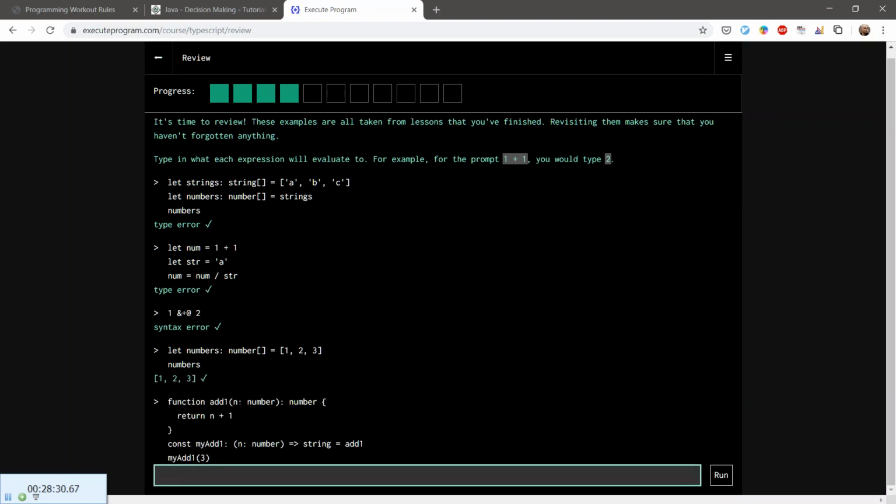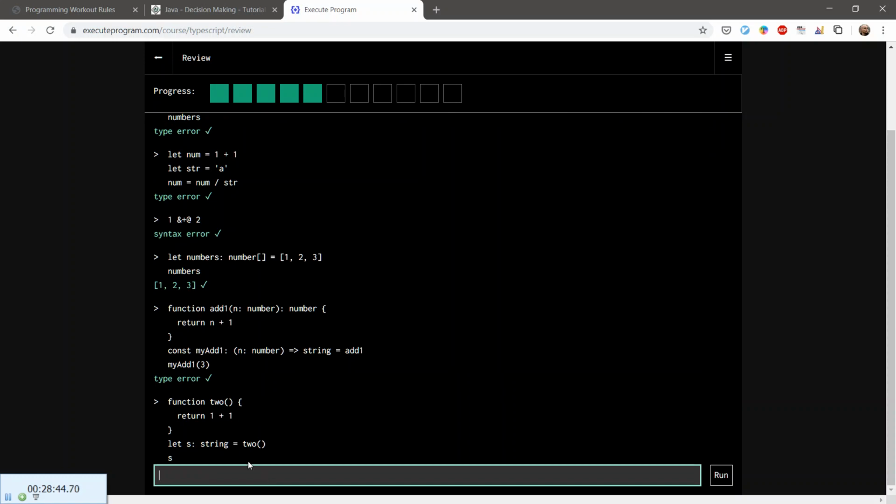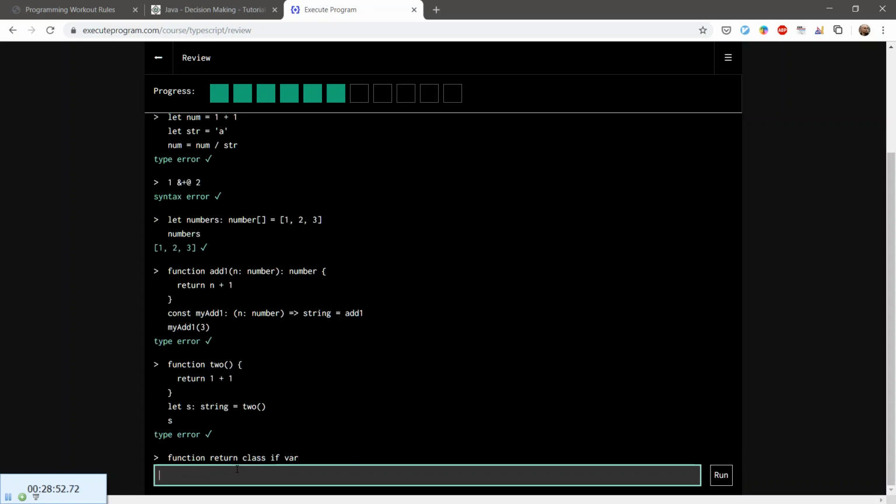Okay, function takes number, outputs number, returns this, my add number, output string, and we are trying to add this one, so this will be a type error. To return a string, type error. Function return class if var, so this is a syntax error.